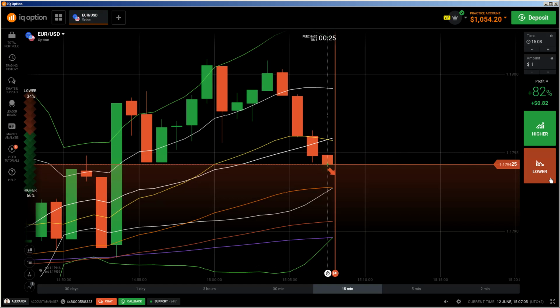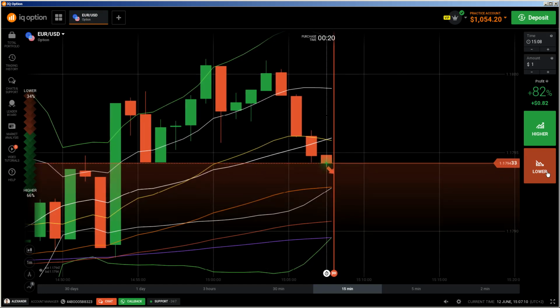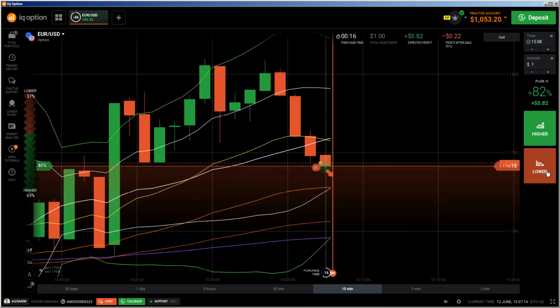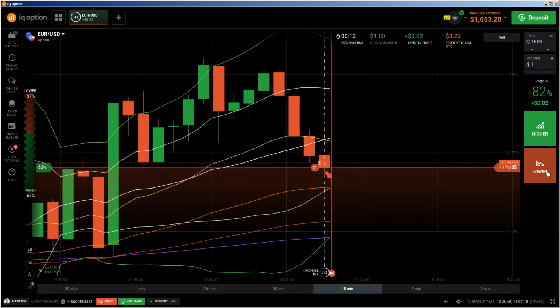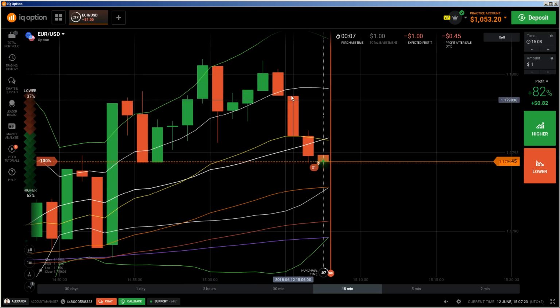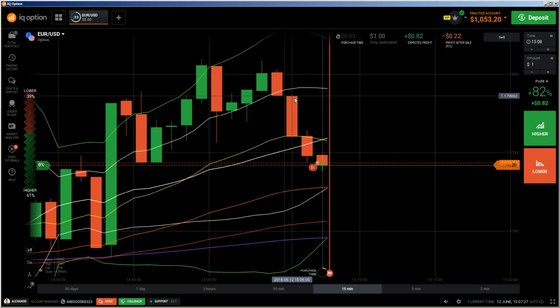So let me see what is going on here. If I get a higher entry point, I will do a put again. I will do a put again because I'm pretty much sure that price will go down further. And because that is still the double top here, you see, this is the double top. Here we have also an engulfing candle, but here the wick was too small to enter immediately,